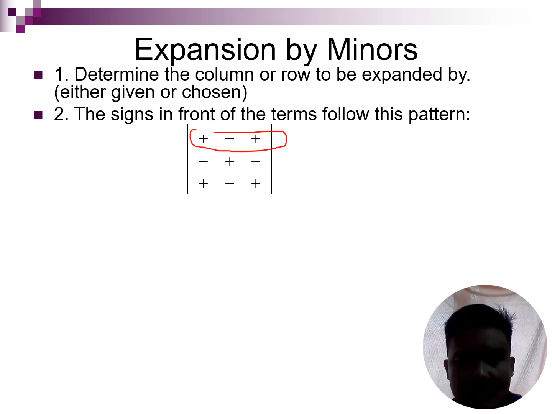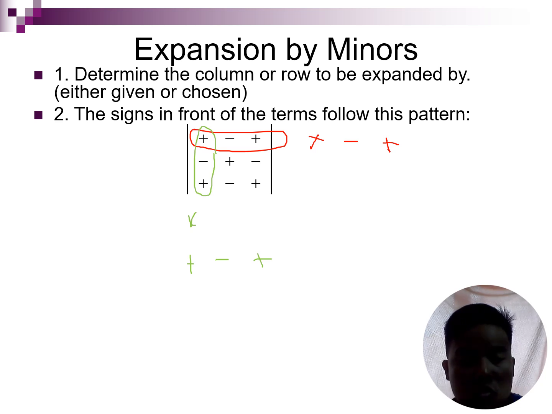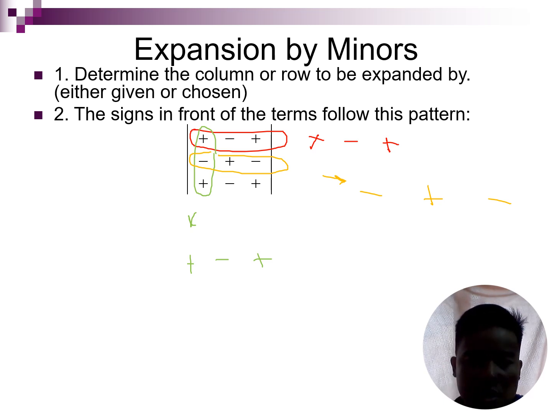So in finding the determinant of a 3 by 3 matrix, if you choose the first row, then we will be following the plus, minus, plus sign. But if we are going to choose the first column, then still it would be plus, minus, plus, in the order of operation in finding the determinants. But take note, if you are going to choose the second row, the signs that we would be using would be negative, positive, and negative. Okay, remember that one.